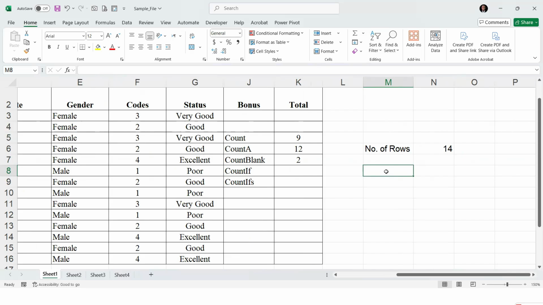One, let's say percentage of clean data. Now we want to know the clean data that we have. So by default,